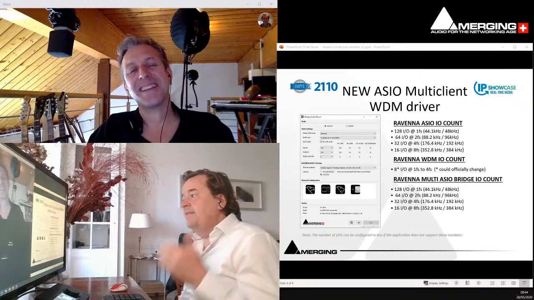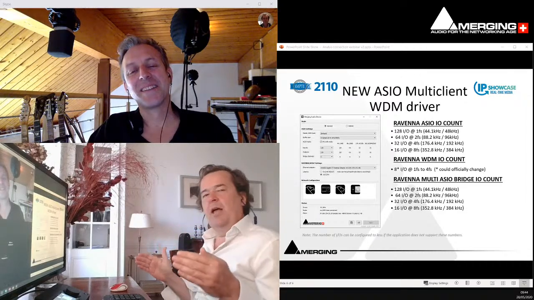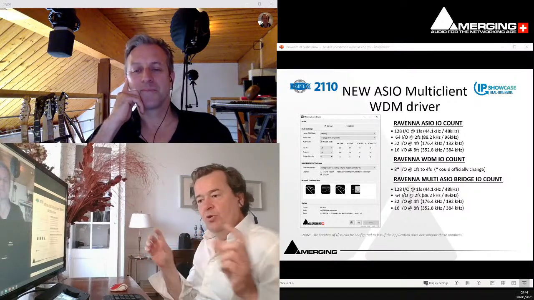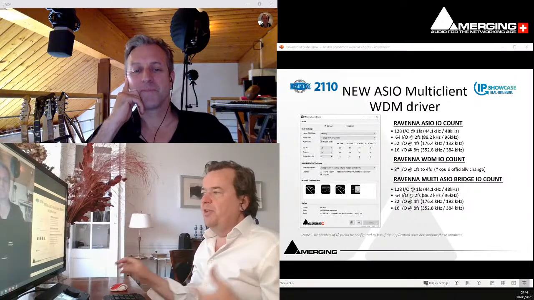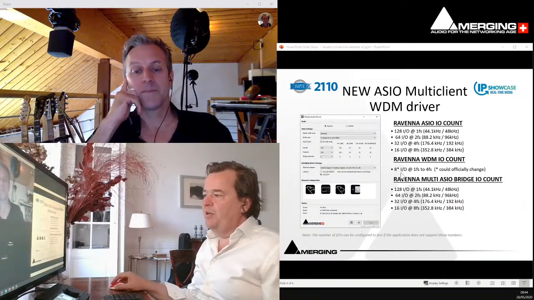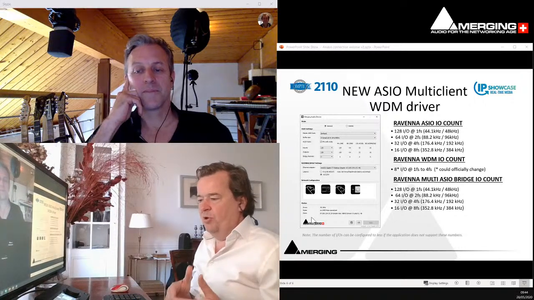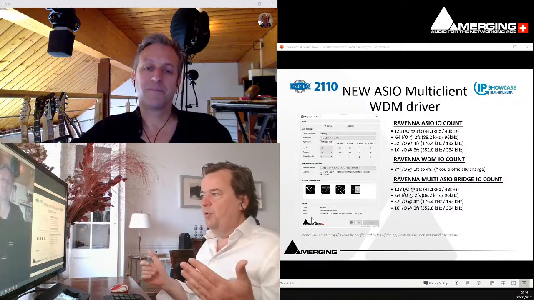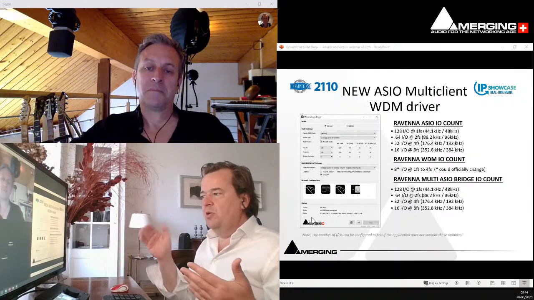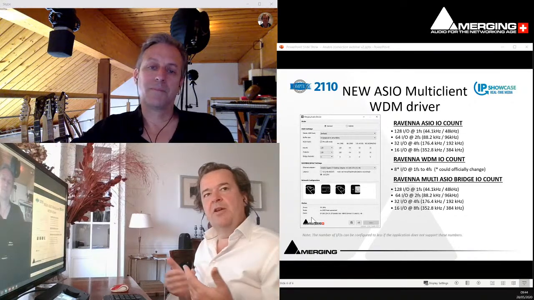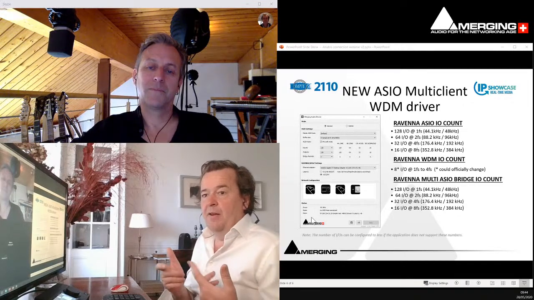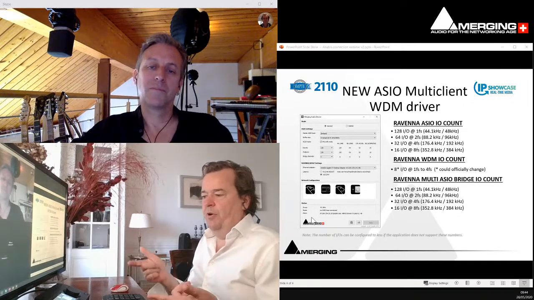And at the same time to have multiple ASIO drivers, because for the moment ASIO is unique to one connection. So what we created now is a new driver that will give the possibility at the same time to connect the ASIO as we're used to, on an Anubis, for example, but at the same time to interconnect some WDM inputs and outputs, for example, a YouTube, because what we are doing now, for example, using the